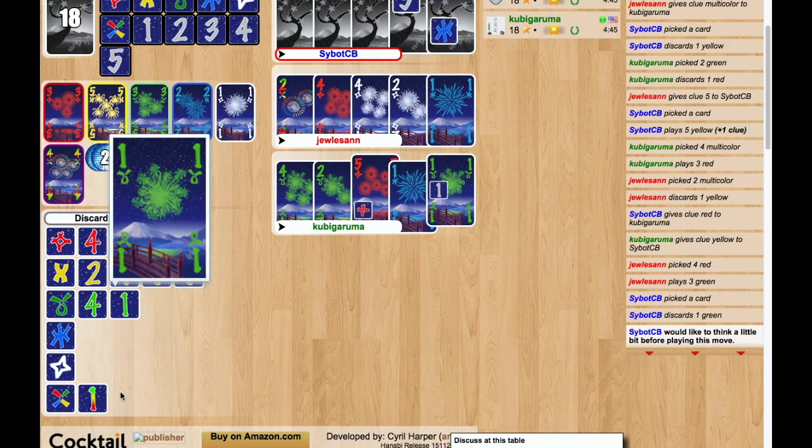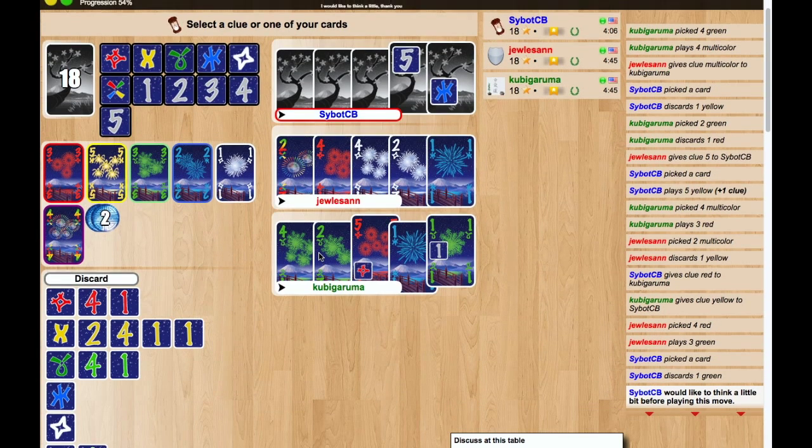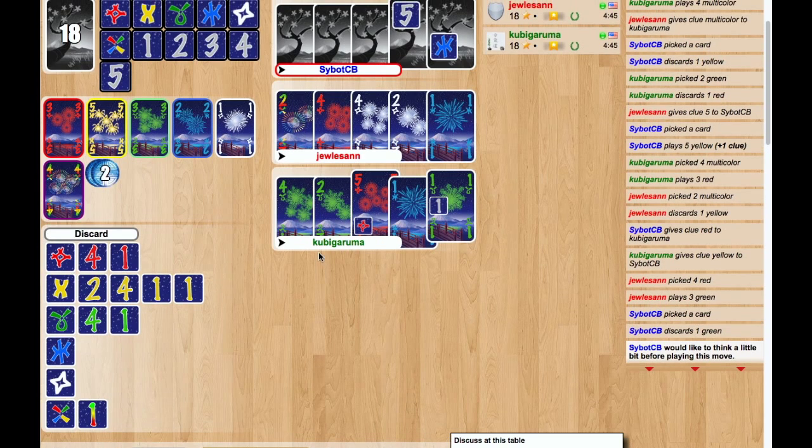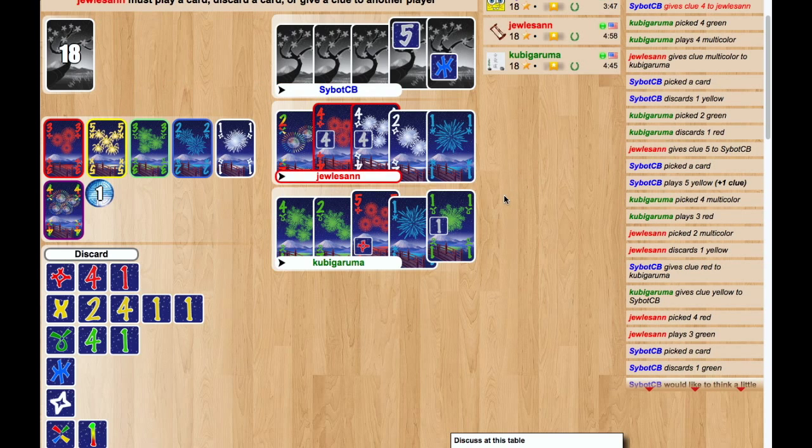Is white 4 save or anything? No. White, we don't need to save anything on white. I think I give the 4 clue to Julie, because then Matt can give the white clue to Julie later. And that gets the white 2 out. Julie should know that's a red 4, but I'm not sure if she just...